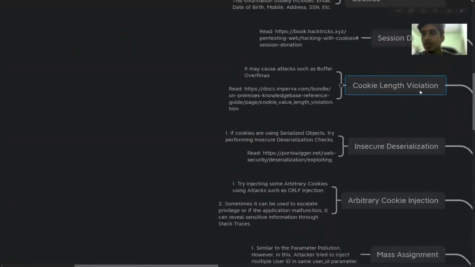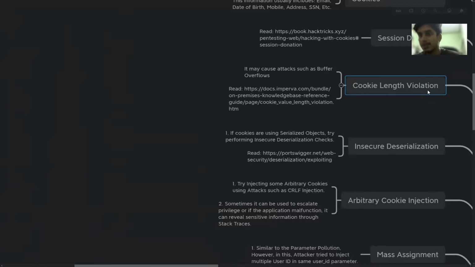Now, cookie length violation. This can cause buffer overflow attacks or can cause the application to crash. According to the HTTP references, every kind of server has its own cookie length, and there are lengths defined. Let's say there's a session cookie where the allowed length is 10,000 characters.